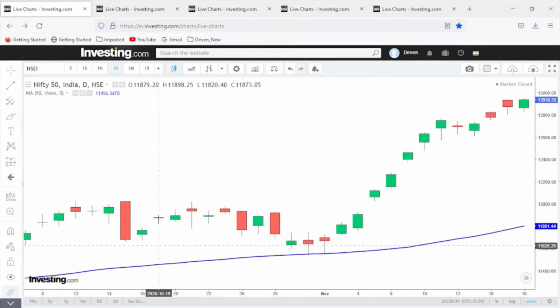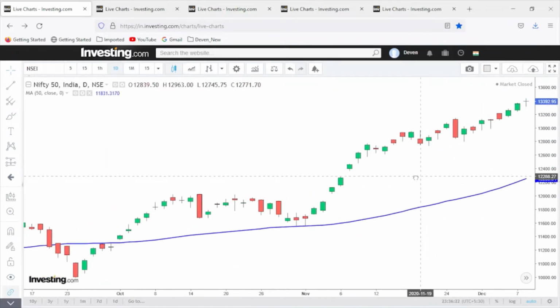Now here you can see the price was in a sideways trend, then it took a support at 50 MA here. Now what happened, if you see, these are just the wicks of the candle. So there was very little trading near or at the price of 50 MA. The price just came down, it took a support and it moved again upwards. Now suppose you would have waited over here to buy at 50 MA and here you got an entry, this price was around 11,547 and from here the price went to around 12,600. So almost a 1,000 point move and still it has not come below 50 MA.